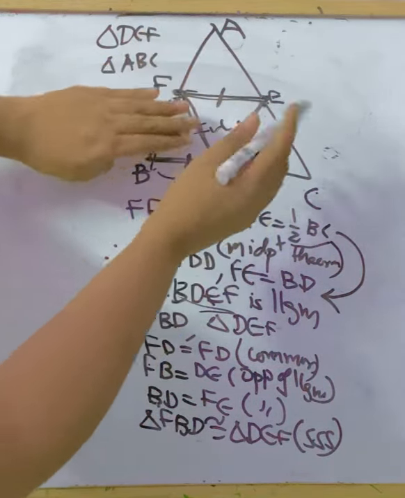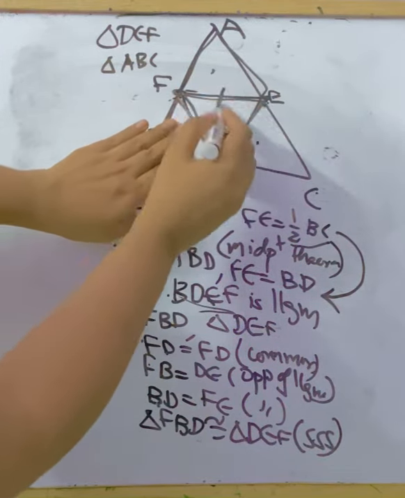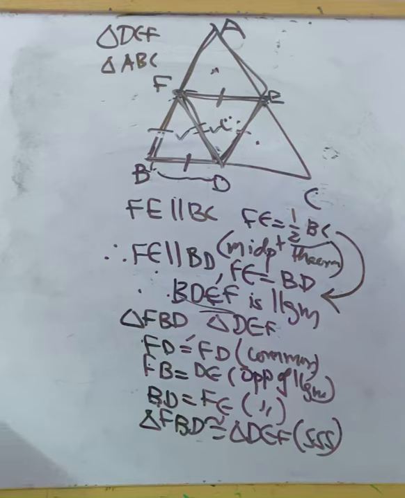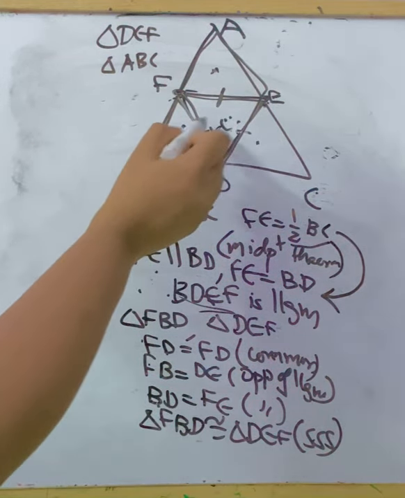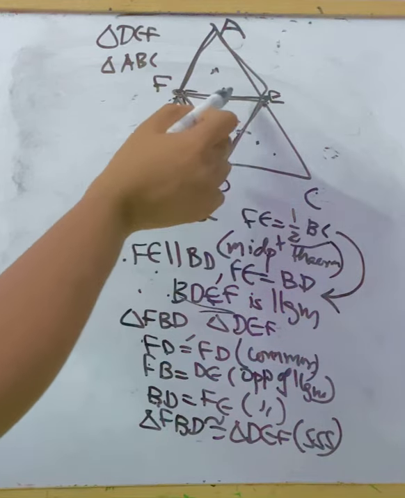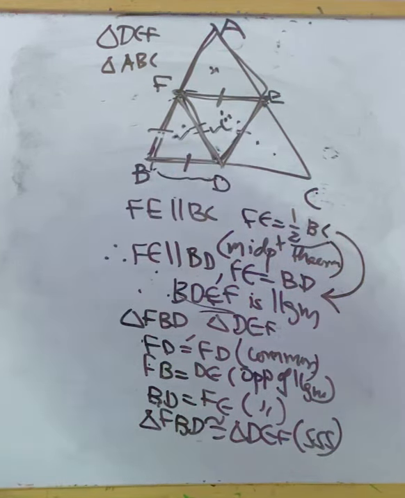In the same manner, we can find these two triangles are congruent considering only this part of the parallelogram. Also, we can say if we are considering this parallelogram, then these two triangles are congruent. So, we got all the triangles are congruent to each other because this is congruent to this one, this is congruent to this one, this is congruent to this one. Then all the triangles are congruent.